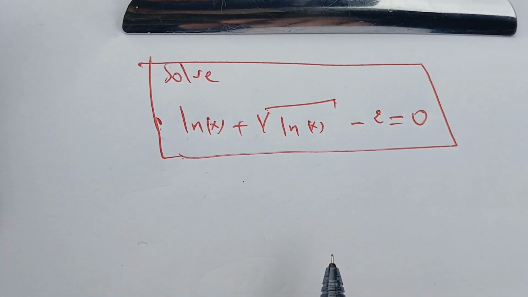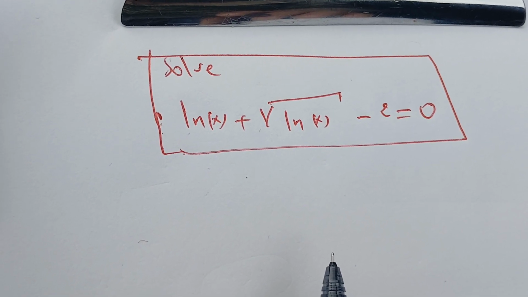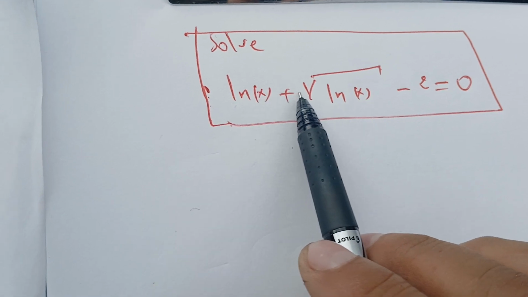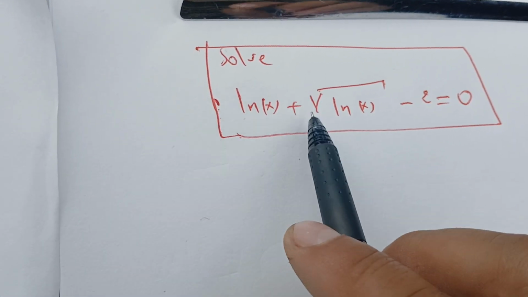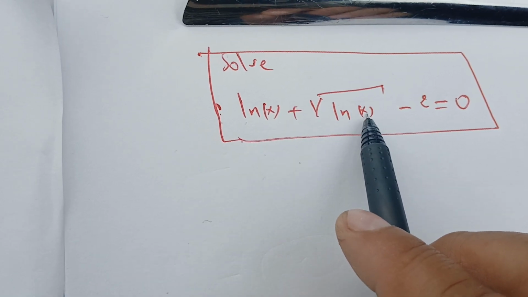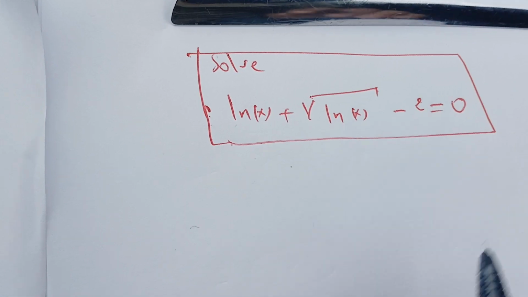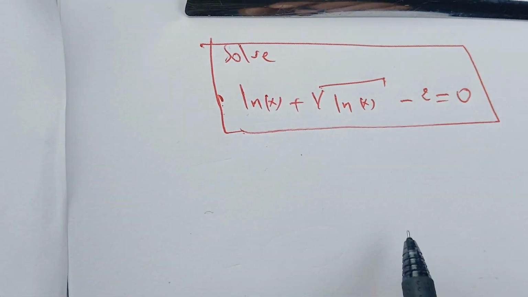In this video, we're going to solve the following equation. We see that this equation is defined by some logarithmic values: it's the natural log of x plus the square root of the natural log of x minus 2. One of the ways to solve this using algebra is to make sure that we